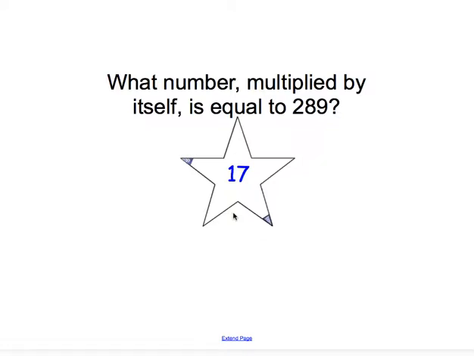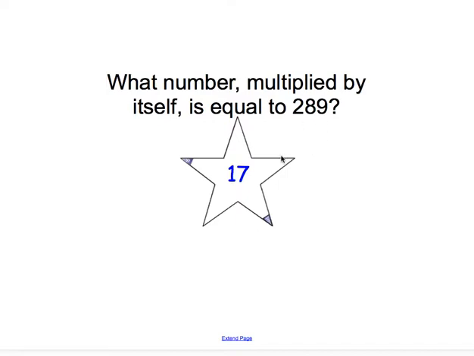was 289. Maybe you thought to yourself, well, I know 10 times 10 is 100, and I know 20 times 20 is 400. 100 is less than 289, so my number needs to be bigger than 10. But 289 is less than 400, so my number needs to be smaller than 20. And maybe you kind of took it from there until you figured out that if we unsquare 289, we get